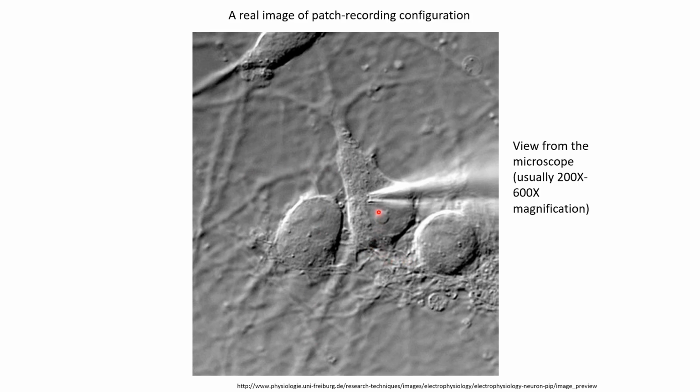We can also see this glass pipette that is patching onto this neuron. Now you might be wondering why this glass electrode looks very fuzzy. Part of the reason is that it is made of clear transparent glass. But another reason is that only a small region of this image is in focus, because we are looking at the image under very high magnification, typically 200x to 600x, so only a small narrow plane is in focus.